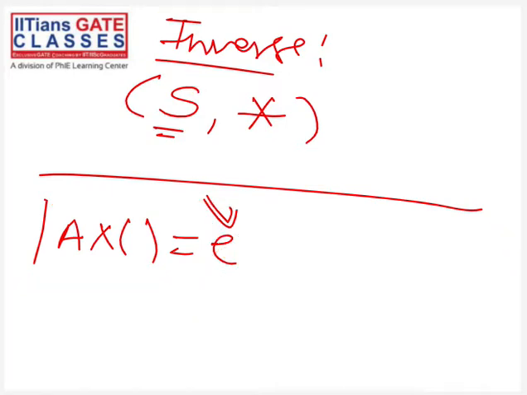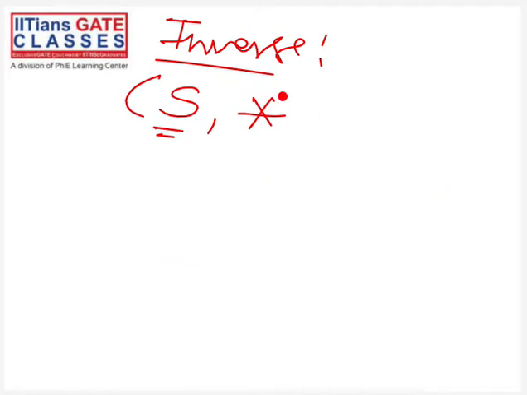Now let's check it out. Assume that this is your base set and this is some operation, and let's assume this e is our identity element, because of course it must exist. Because if the identity element does not exist, then the inverse also cannot exist, because in the definition of inverse we have this identity element. So assume that this S is the base set, this star is the operation, and this is the identity element.